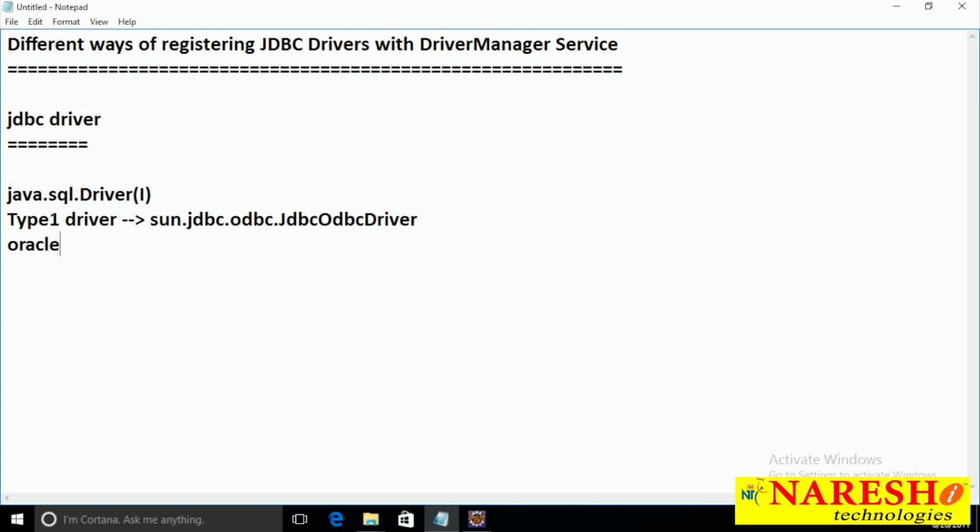So, you take Oracle thin driver. What is the driver class name? See, driver software contains so many classes, but in order to use driver software, there is no need of knowing multiple things. You just need to know only one class name, that is the JDBC driver class. It is oracle.jdbc.driver.OracleDriver. Yes, sun.jdbc.odbc is the package name. JdbcOdbcDriver is the class that implements java.sql.Driver interface. oracle.jdbc.driver is the package name. OracleDriver is the class that implements